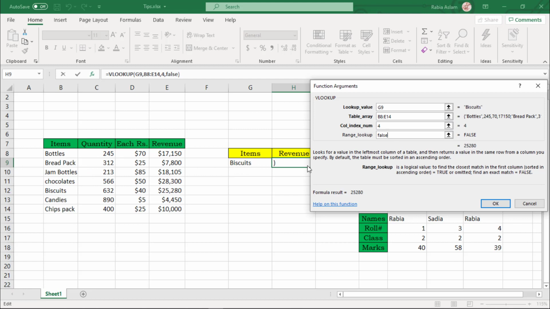Okay. The third one is column index number. Here you have to give the number of the column whose value actually you want to find out. Okay. The fourth one is range lookup, and here you have to select between two options, false or true. So click OK,